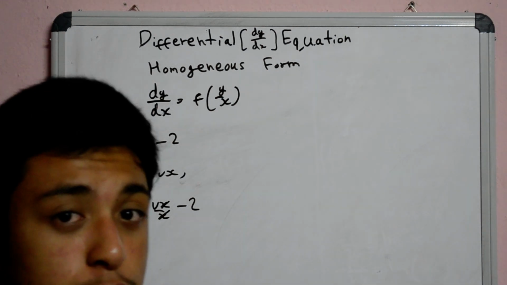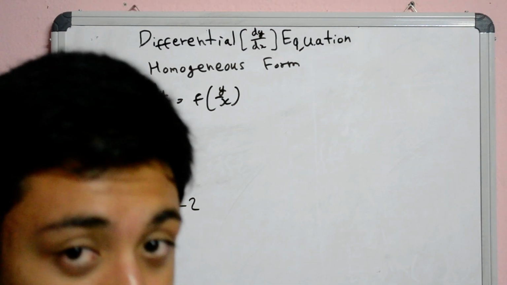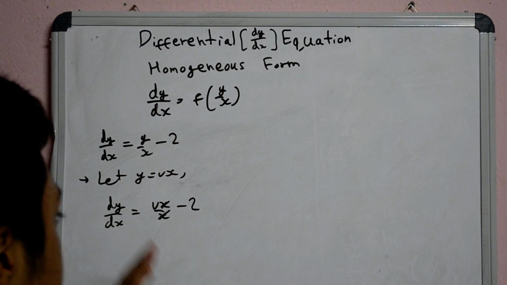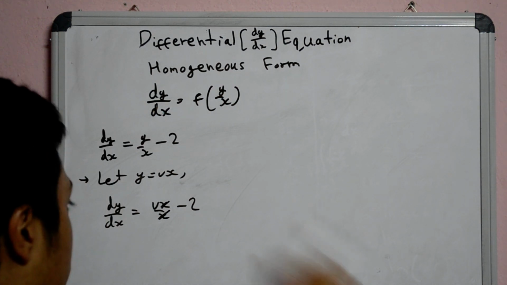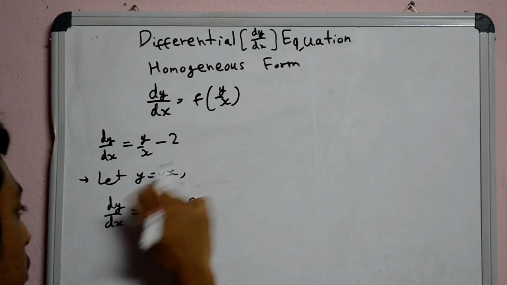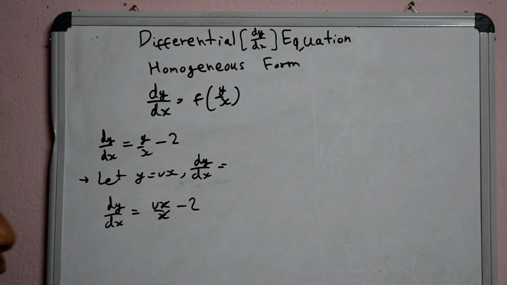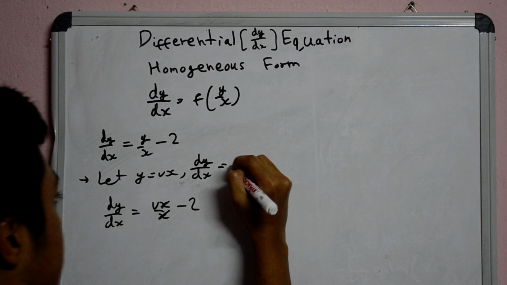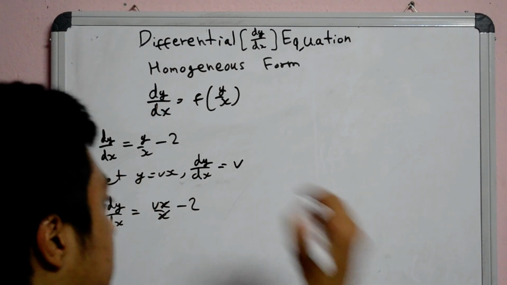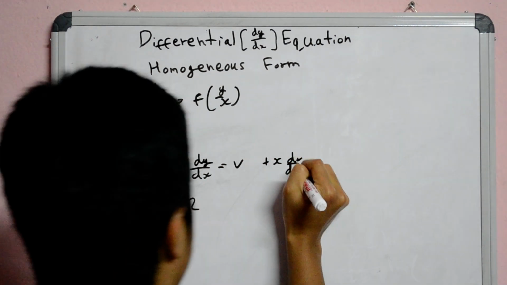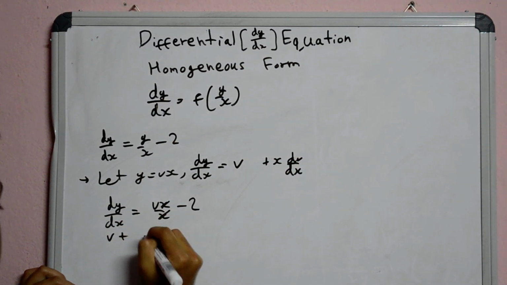If you want to solve this type of equation, then you have to go from dy/dx to dv/dx, because we're dealing with v, a function of v. So here we simply differentiate both sides with respect to x. Then we use the product rule. We get v dx/dx, which is just 1, plus x dv/dx. So we just put that here,